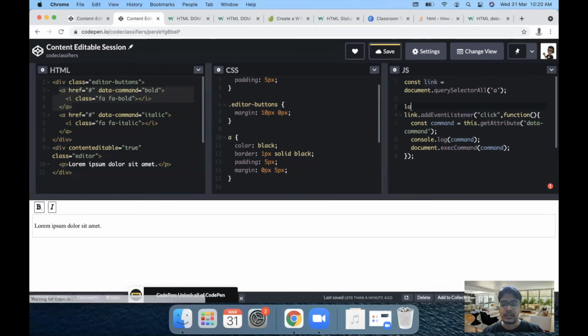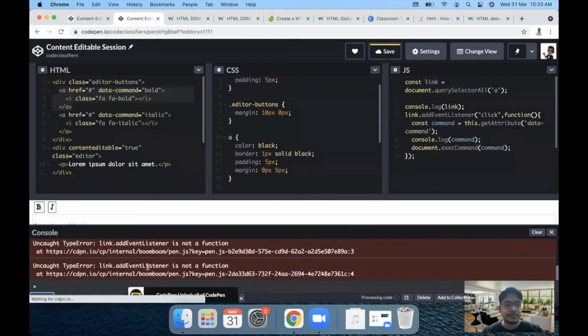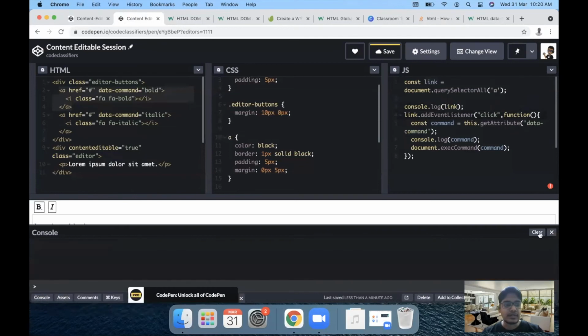Now if I log this value here using console.log, and go to the console, let me clear all this stuff and save. Let's change this to links.